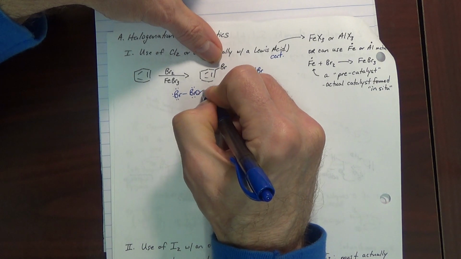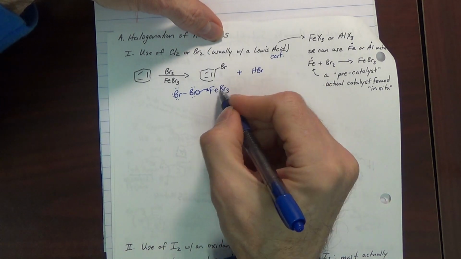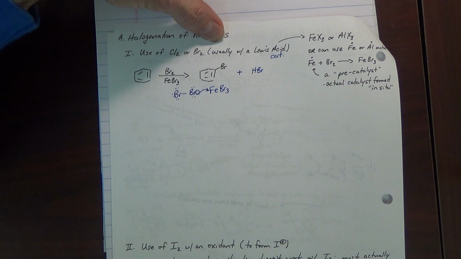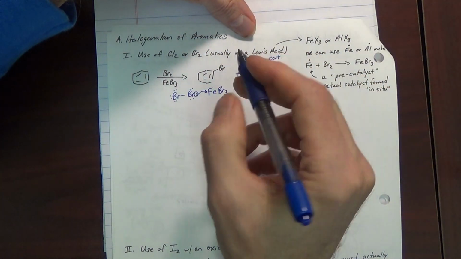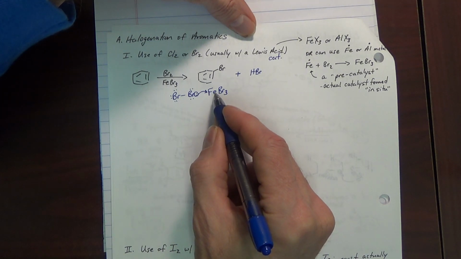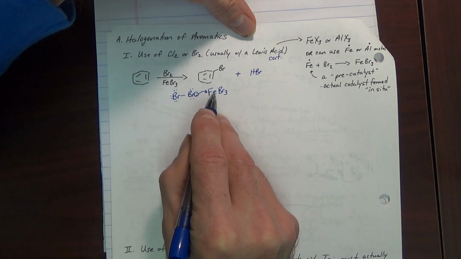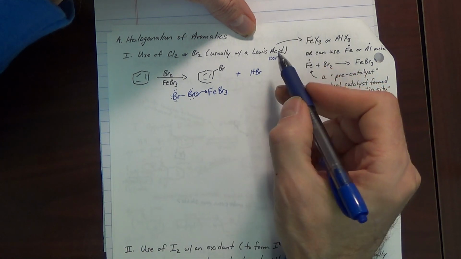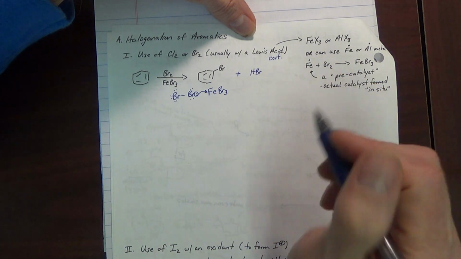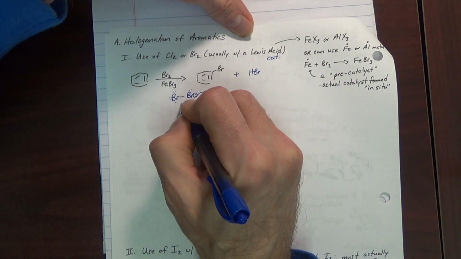And here, these electrons add to the iron. And these transition metals, such as iron or aluminum, not really classically a transition metal, but it still applies, they have empty d orbitals. And the empty d orbitals can be electrophilic, and lone pairs will add to them. So we can say the iron is accepting a lone pair, and that's our classical definition of a Lewis acid. So the FeBr3 Lewis acid, and this gives